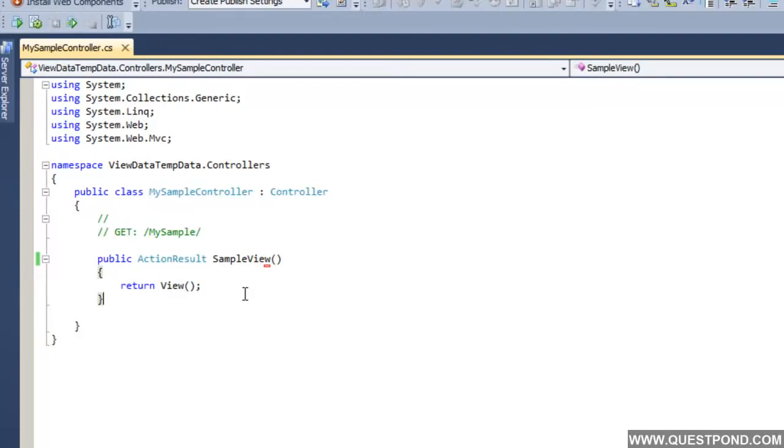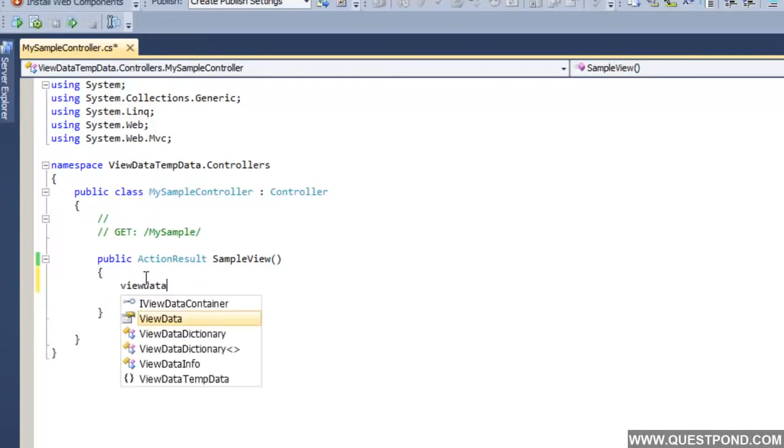Let's first demonstrate how to pass data from controller to views. In order to pass data from controller to views, we can use something called view data. I'll go in this controller and create a view data by name. In order to create view data, you have to type ViewData and give some name to it, as you can see on the screen.